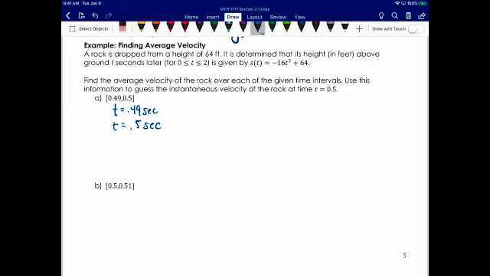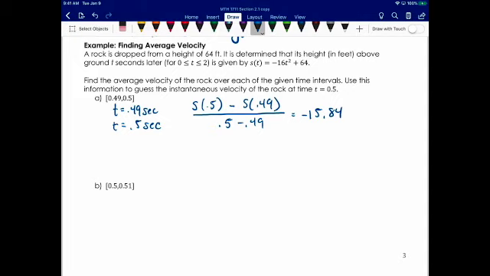So we're going to find the position at 0.5 and subtract the position at 0.49, and then divide by the difference in the time, so 0.5 minus 0.49. When we plug that all in, we're going to get negative 15.84,